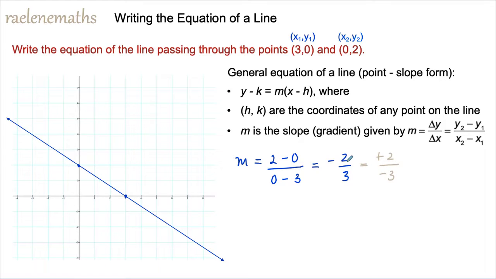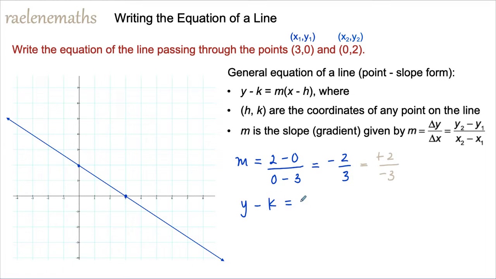In the first case, negative 2 over 3 tells us to go down 2 spaces and right 3 spaces from one point on the line to get another. We could also reverse that by going 2 spaces up and 3 spaces to the left from any one point to get another on the line. That's what the second version of the gradient tells us. So I'm going to use the gradient as negative 2 over 3,